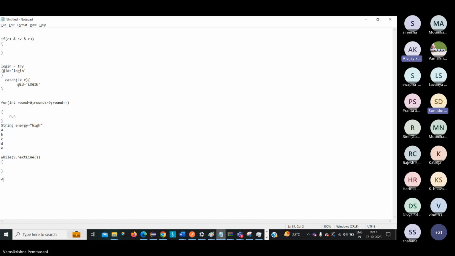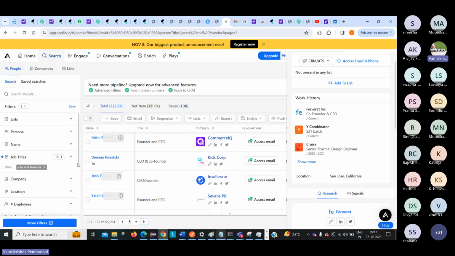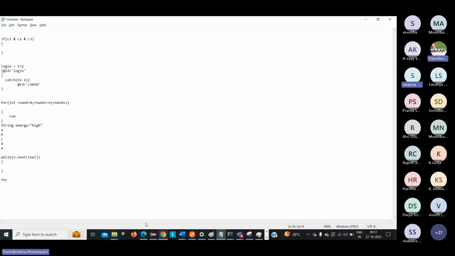Two for loops. So now one for loop is for getting this data. The second for loop is for clicking this one. Now tell me which one is which. A nested for loop means nothing but